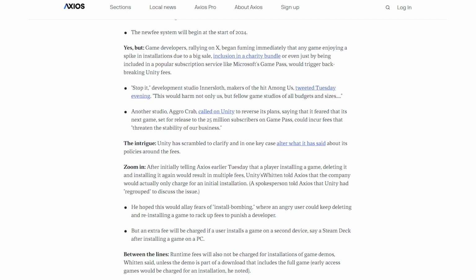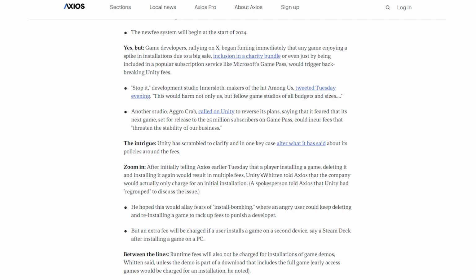There are some caveats, and devs are still not off the hook for Game Pass. If your game is on Game Pass and the game is downloaded multiple times, there's still going to be the fee. However, it has been stated that the fee will not be paid by the developer, but by Microsoft. But again, that becomes a situation where why would Microsoft be putting Unity games on when they're just going to be getting nickel and dimed? There's this whole question of whether Microsoft will even bother with Unity games. It puts them at risk.